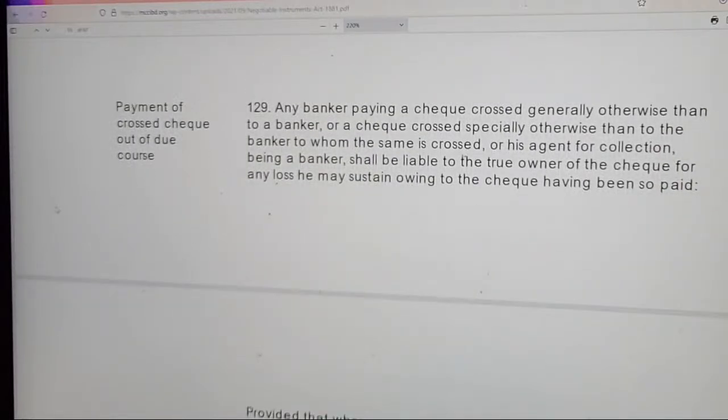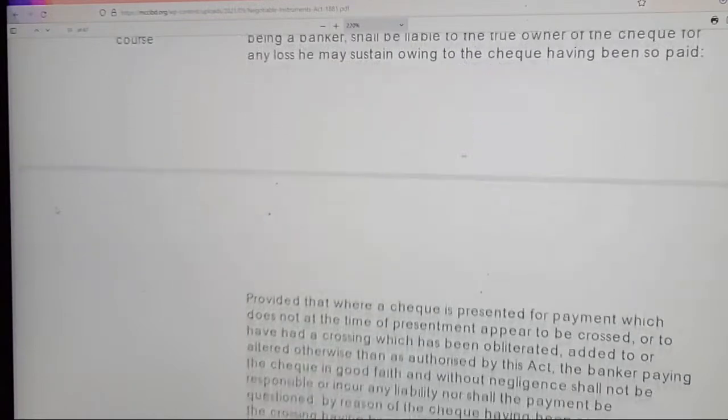Payment of crossed check out of due course. Any banker paying a check crossed generally otherwise than to a banker, or a check crossed specially otherwise than to the banker to whom the same is crossed, or his agent for collection being a banker, shall be liable to the true owner of the check for any loss he may sustain owing to the check having been so paid,